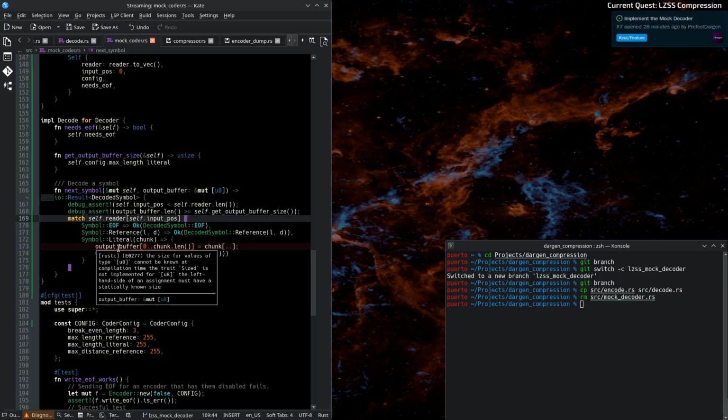The size for values of 8 can it be, the left-hand side of the assignment must have a static input size. All right, so I will just copy in that, just because